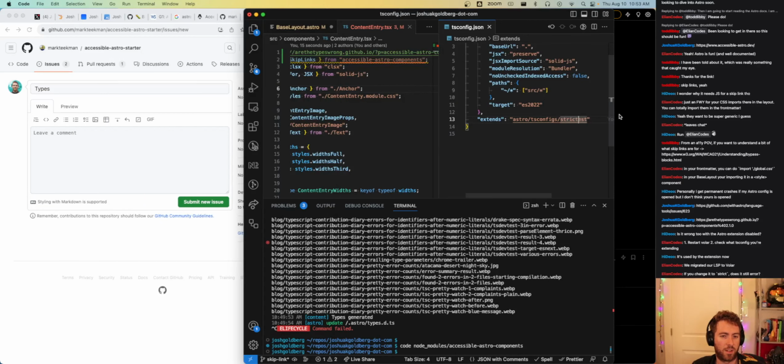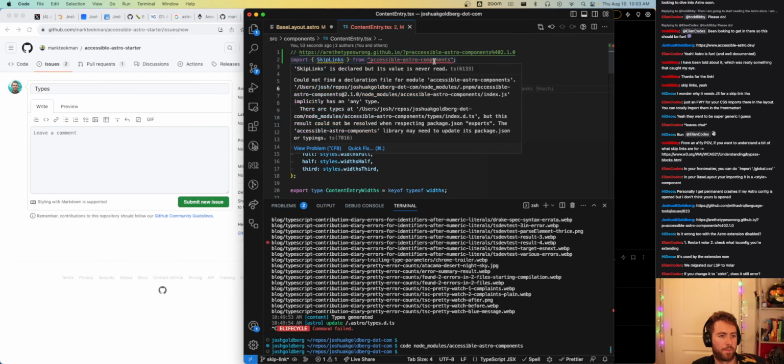If I change it to strict, does it still error? Yes, it does. So I've been doing some dives into this whole area, and generally the package is doing package.json types in a weird way.